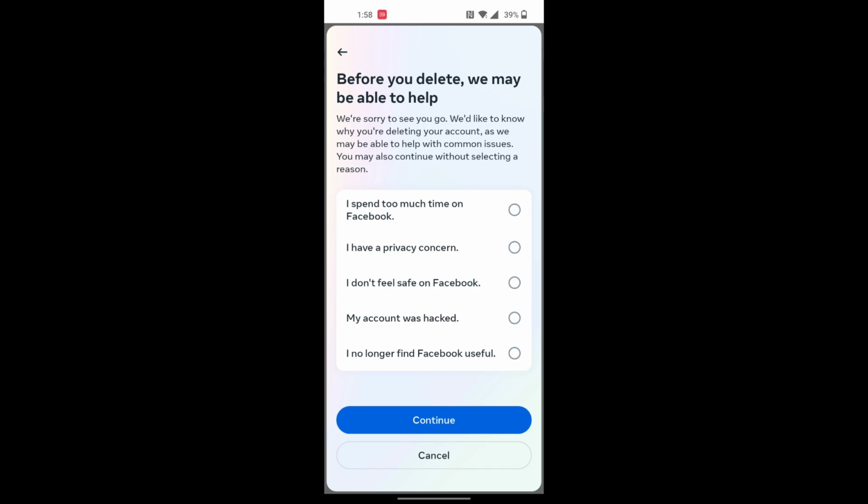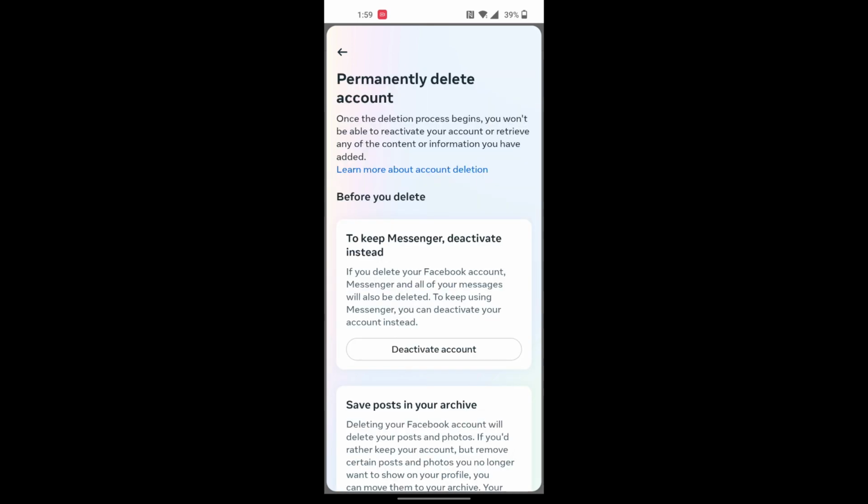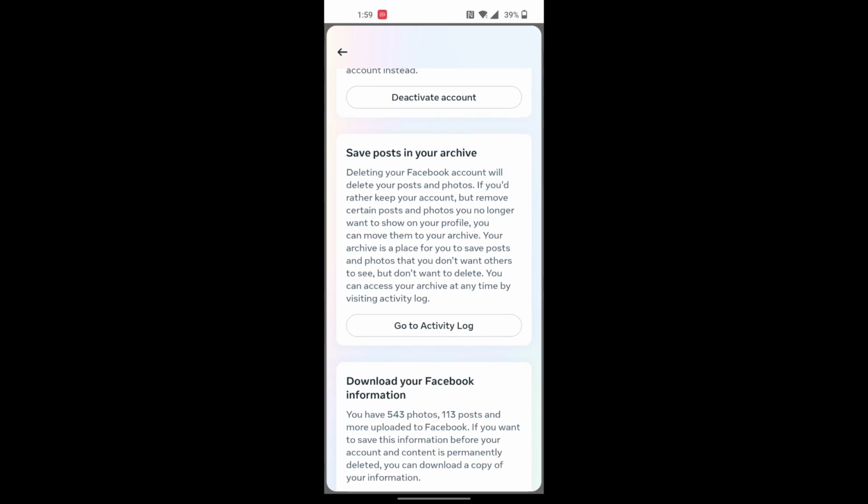And over here, you'll be required to give a reason to Facebook. Why do you want to deactivate or delete your Facebook account? Let's go with I spent too much time on Facebook, and tap on Continue. Over here you can manage your notifications and your time spent on Facebook. Tap on Continue. And over here again scroll down, where you will be required to read all